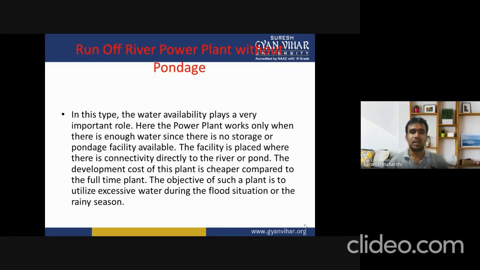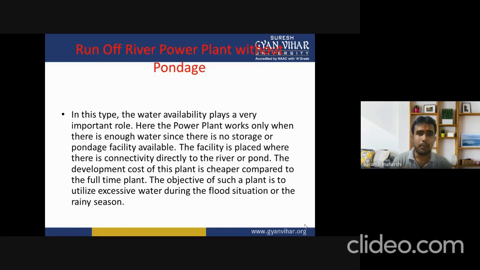कि जब अपन बात करते हैं कि सर कि आपने अपना फर्स्ट बेस के फर्स्ट पॉइंट के फर्स्ट सब टाइप्स के बारे में जब बात कर रहे हैं, जिसका नाम है रन ऑफ रिवर पावर प्लांट विदाउट पॉन्डेज, तो इसके अंदर हम किस चीज़ के बारे में बात करेंगे। फर्स्ट ऑफ ऑल, इसके बारे में ये मालूम होना चाहिए कि एक इंपॉर्टेंट रोल प्ले करता है। ठीक है, तो सबसे पहले हमने बात करी कि किसी भी वाटर अवेलेबिलिटी के लिए बहुत एक इंपॉर्टेंट रोल प्ले करता है,